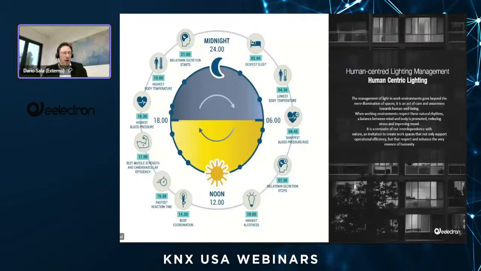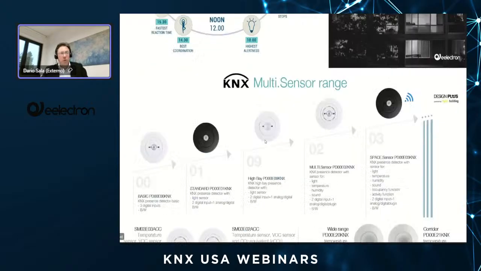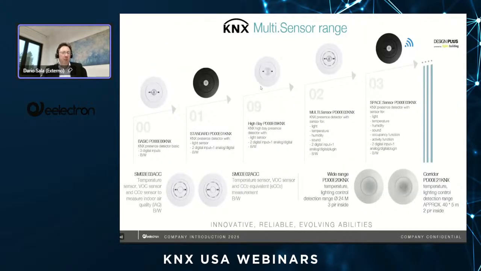So while this closes the user experience point of view, let's now enter into some of the other features that the portfolio we are providing on the market is really focusing on. An important item under the lighting control system is, of course, the human-centric lighting management system, which is the ability, over the day, to have a different intensity and color type. That's something that we are able to manage as a control directly from a platform or a family of